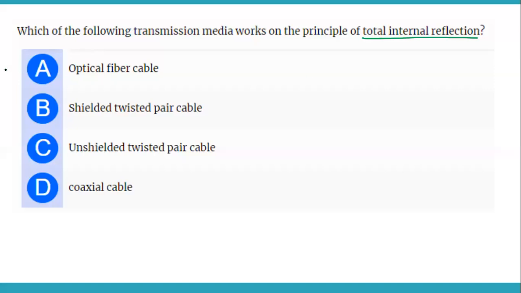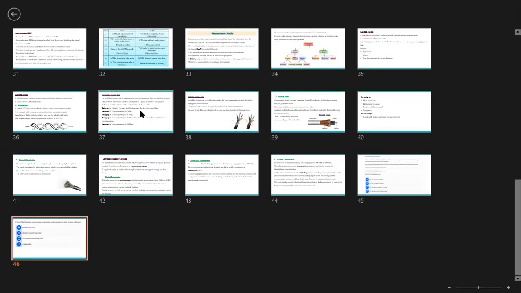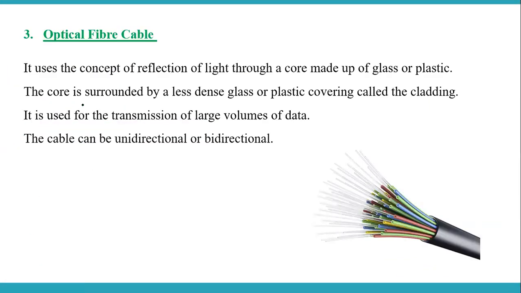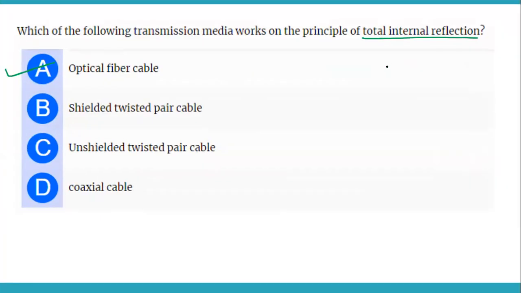सो करेक्ट आंसर है आपका ऑप्शन नंबर ए, बिकॉज अभी ही थोड़े टाइम पहले मैंने आपको यहाँ पे इसी स्लाइड में, फाइबर ऑप्टिक्स की स्लाइड में आई थिंक हमने पढ़ा था दैट इट इज फॉर रिफ्लेक्शन, it uses the concept of reflection of light. ठीक है, so total internal reflection also is a part of reflection, concept of reflection only. So आपका करेक्ट आंसर हो जाएगा ऑप्टिकल फाइबर केबल।